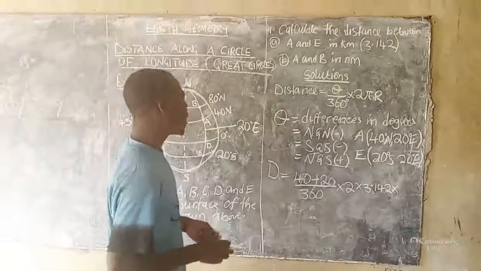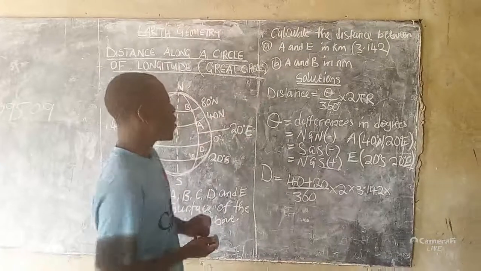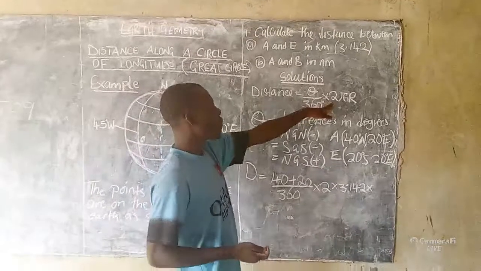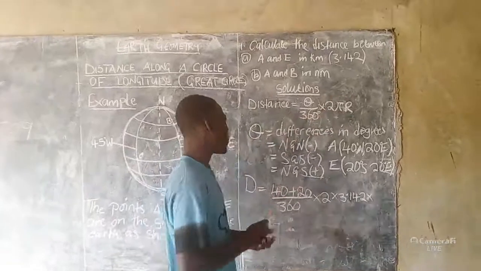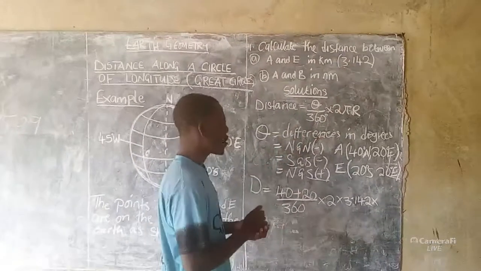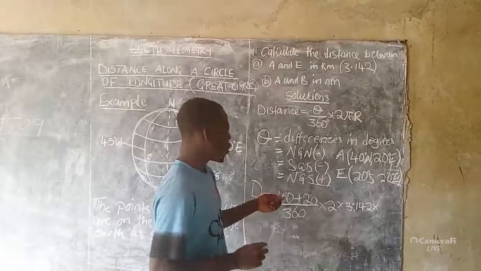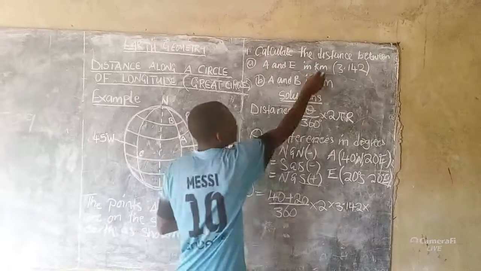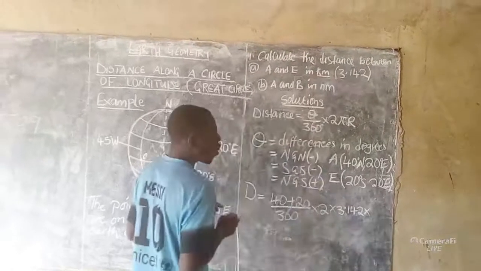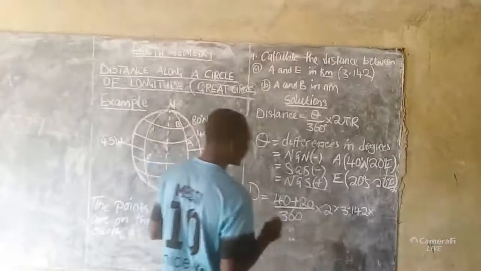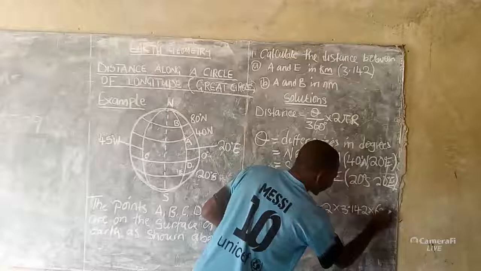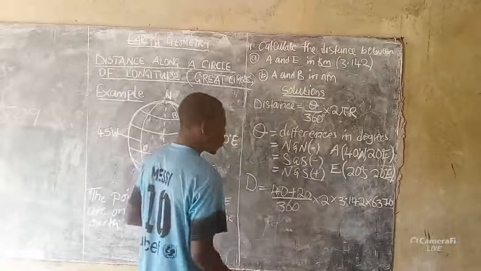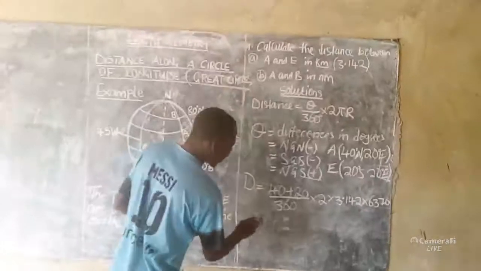Okay, so what I was saying is distance must be calculated by theta over 360 degrees times 2 pi r. I said differences in degrees. So when you write everything like this, you have to consider that what is given is in kilometers. So the radius is given as 6370, and this is in kilometers. When you punch everything with your calculator,